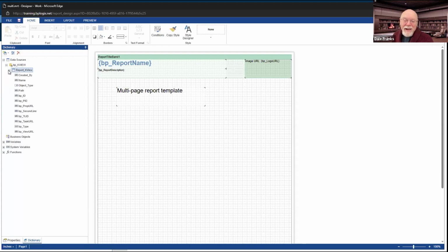And then if I expand it again, finally, it gives me the names of all of the columns that are in my knowledge view. Now, I want you to note that there are columns that exist here that are not actually displayed in the knowledge view, simply because knowledge views have a lot of hidden columns in them.